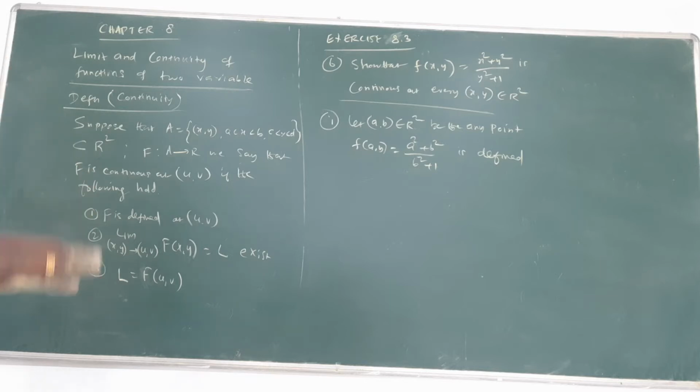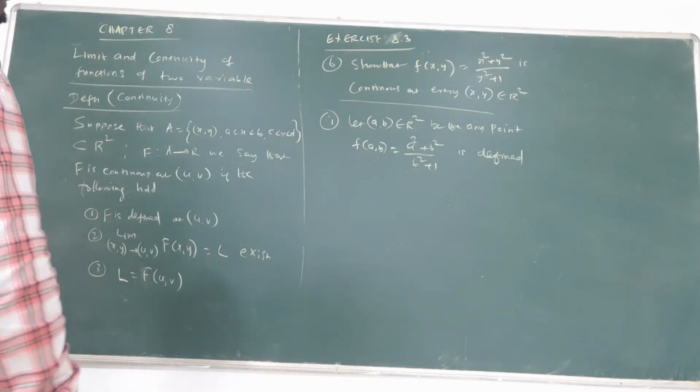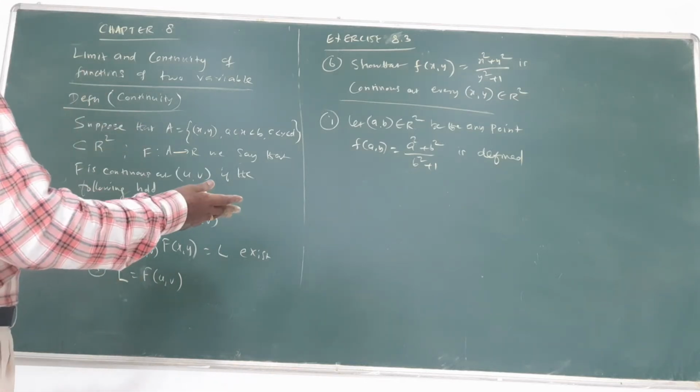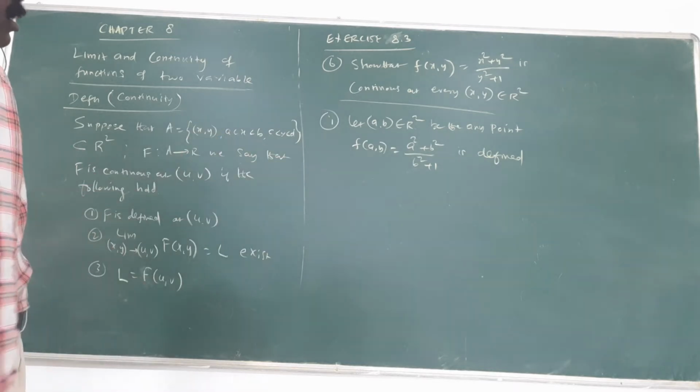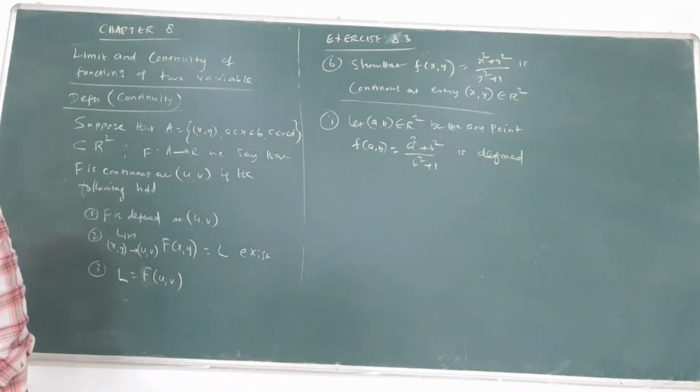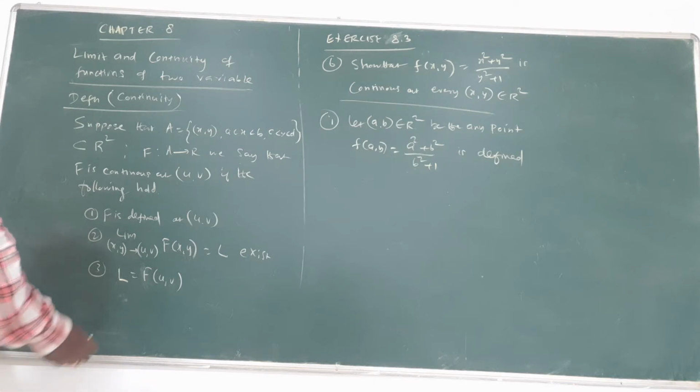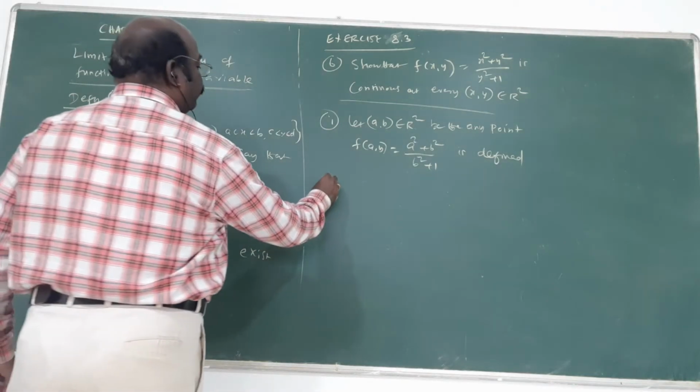But in this particular problem, the denominator will not get 0, so this is definitely defined. That's why this is definitely defined. First part over. The next one is what? You will find the limit of